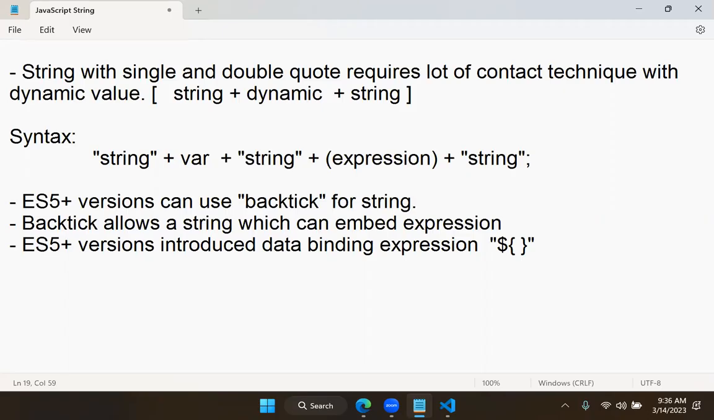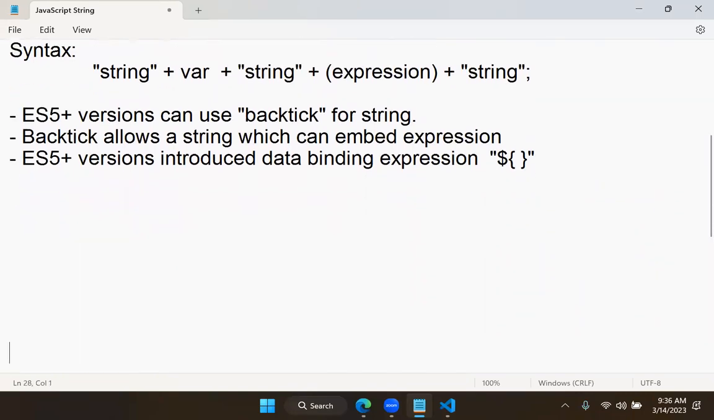And how we do data binding? Generally, we don't do data binding, we do data concat. But binding is introduced from ES5, where you can use a binding expression. Binding expression allows you to bind any dynamic value to your string. How can it bind the value? It's very simple now. See, that means what you can do is syntax,